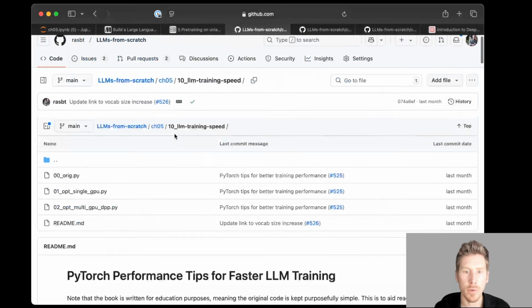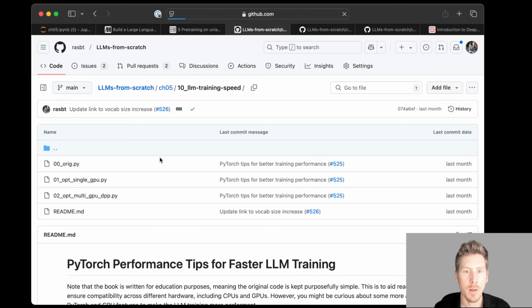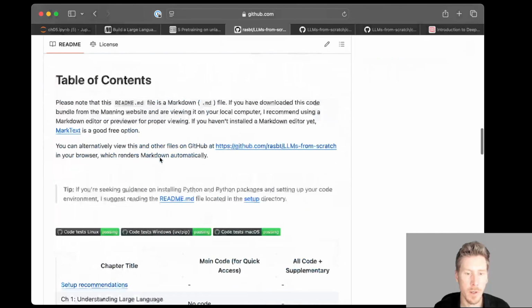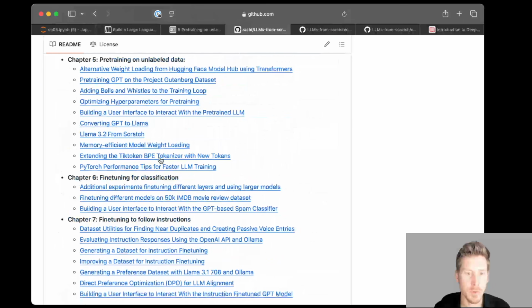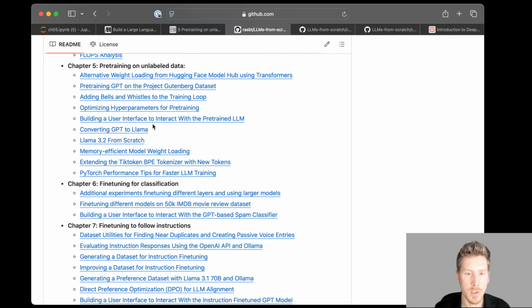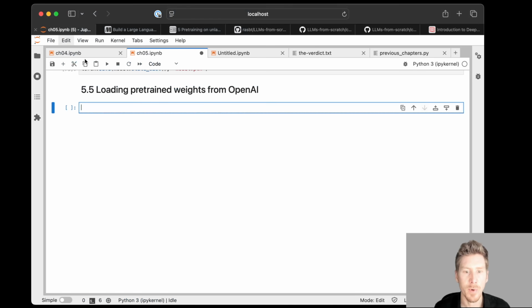I wanted to also show you this repository again. If you are interested, you can toy around with some of the bonus material to train a better model than we have done in this chapter. So for example, I have this training on the whole Project Gutenberg dataset. Additionally, you maybe also want to make it faster by applying these tips. These tips are not applied to this one yet. This is really just the code that we have used in this chapter. So there are more advanced things if you are interested. But just to work with what we had so far, continuing,